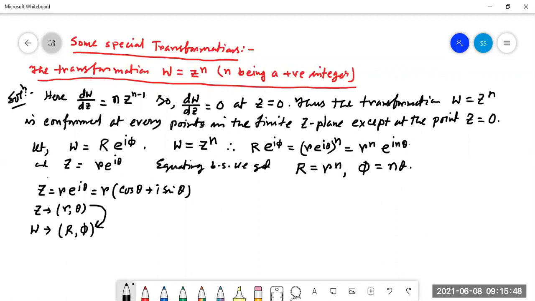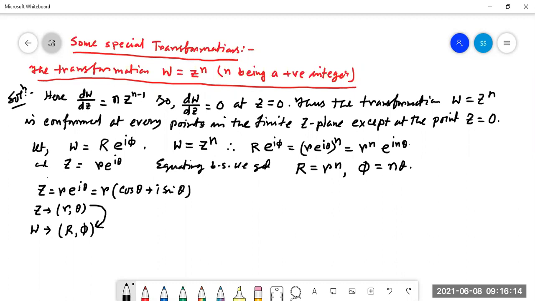What is given on the right hand side, that is the present plane. Now, in which plane do we have to change? That is given on the left hand side. You have to remember this thing very clearly. Did you understand? Yes, sir. So here we have to change from small r theta to capital R phi.